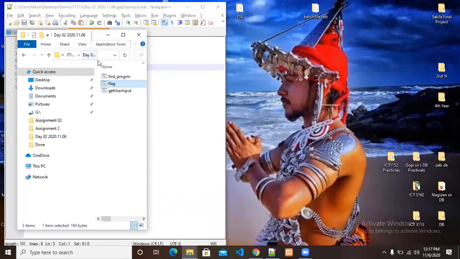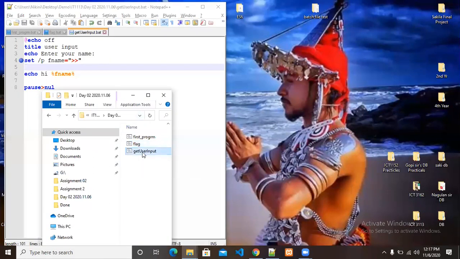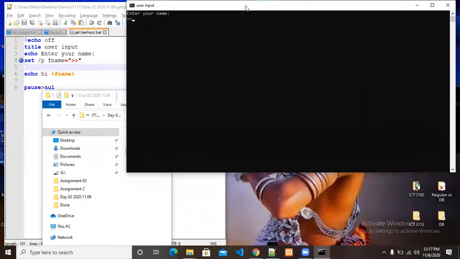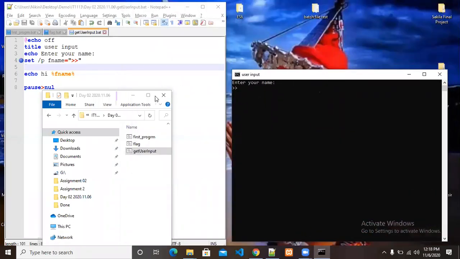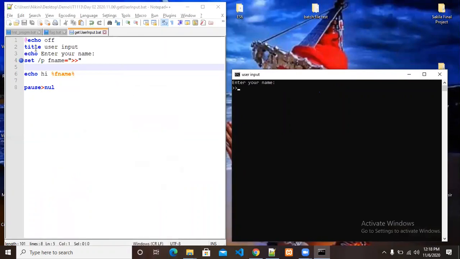Yeah, we can check it here. This is the program, get user input here. First it says enter your name. This symbol is denoted in here.